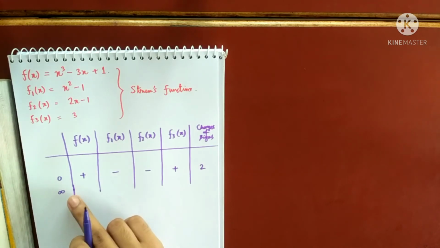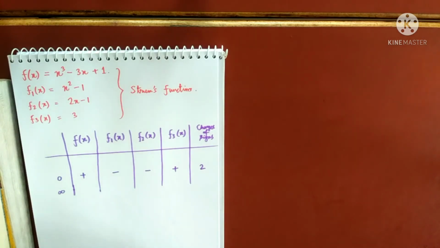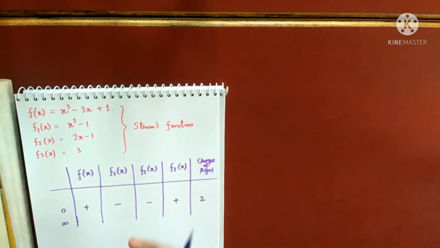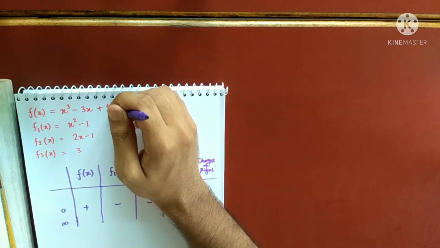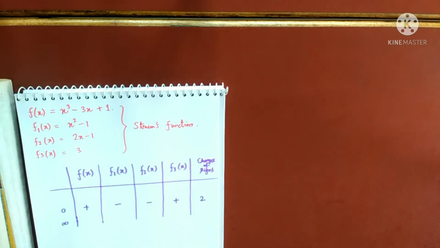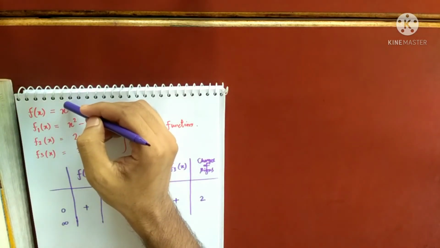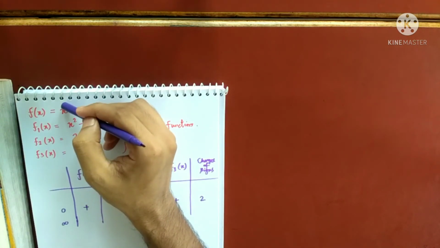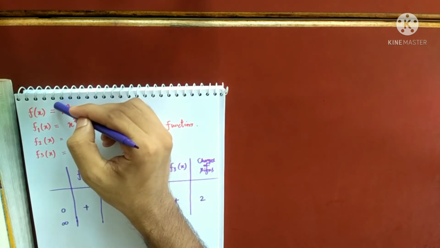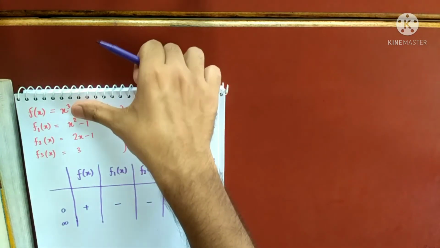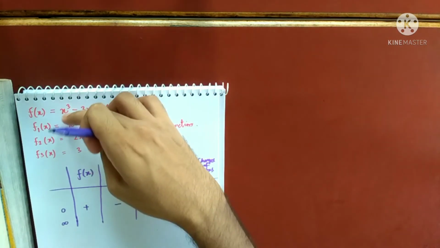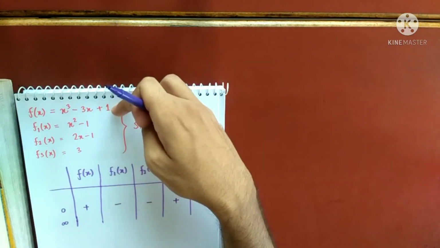We see the changes in sign when I put infinity. Infinity is a very big number. So when I have a very big number, I can make that cube more than this. Remember one thing I have already explained: whenever you are putting infinity, the value will only depend on the highest power term. So whether the value is positive or negative here will depend on the sign of x cube, and the smaller degree terms will not play any role, because I can make this x cube bigger than these two quantities.